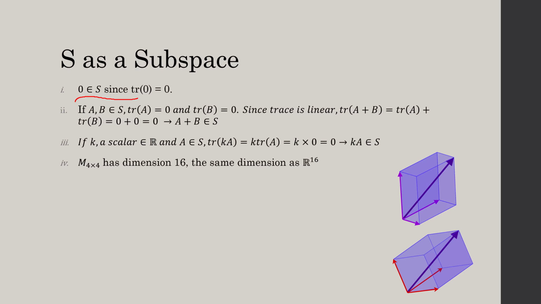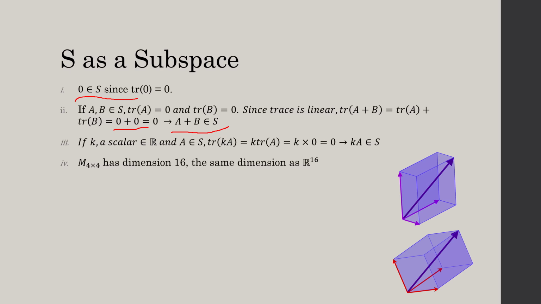Next, if we think about the addition, well, if we have one matrix where the trace is 0, the second matrix where the trace is 0, if we add these matrices, the part that we're adding for trace is just going to add to two things that equal 0, so it's still going to be 0 plus 0 equals 0. If we do it on the outside, it's going to be 0 plus 0 equals 0. No matter what, we're getting 0 plus 0 equals 0, implying that A and B are in S,